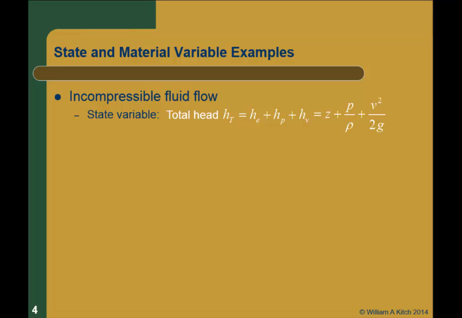We've expanded that out. Remember, the total head is equal to the elevation head, which is just Z, plus the pressure head, which is the pressure divided by the density of the fluid, plus the velocity squared divided by 2g. We know that. And then Bernoulli's equation is the equation we use. You all remember Bernoulli's equation? Bernoulli's equation just says if I have the total head at one point, so that's going to be Z1, P1,